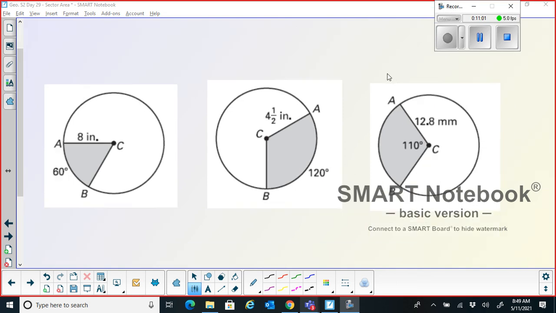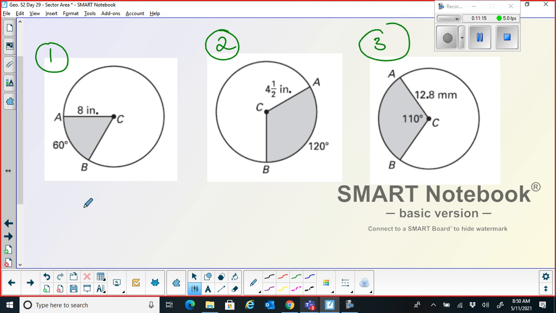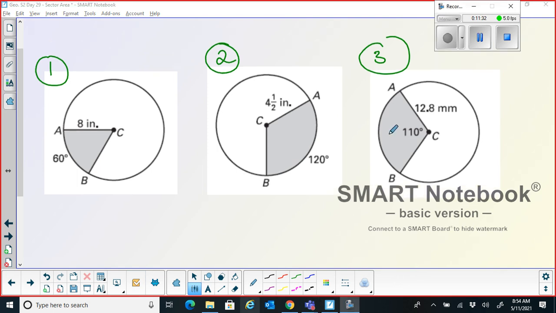I want all of you to try these three problems. You are finding the sector area corresponding to the shaded region for each of them. Call this problem 1, this problem 2, this problem 3. Once you have the answers, you may use chat. I will give you exactly 3.5 minutes from now, and after that I will go over the solution. As and when you find the solution, you may use chat to indicate what you have. Let's go over the solution for each of them. Let me write the general formula for finding the area of sector once again on the top, and we will go over the solution.